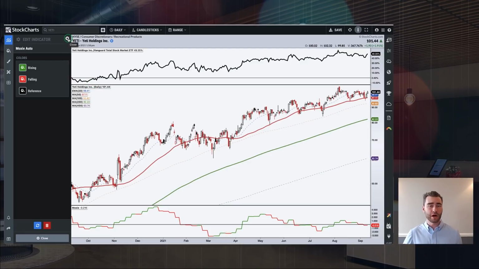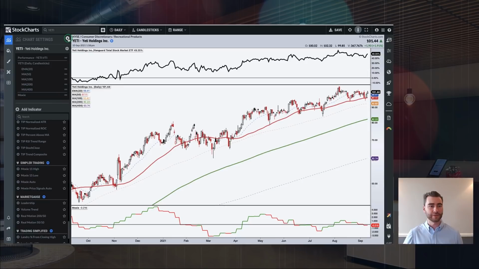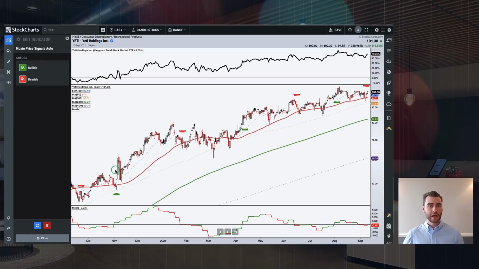So we've got the Moxie line itself down at the bottom of this chart, but we've also got the Moxie Price Signals Auto. So we're going to turn that on. And what that actually does is adds these little Moxie overlays to the chart. So every time the Moxie crosses above or below the 0 line, we're actually going to throw up these little red and green arrows on the chart to indicate exactly where the Moxie indicator has crossed above or below that